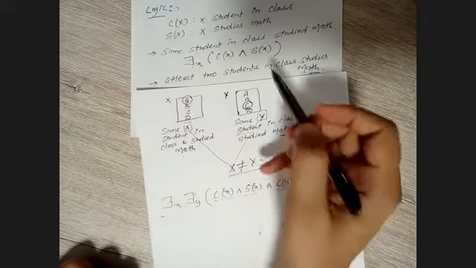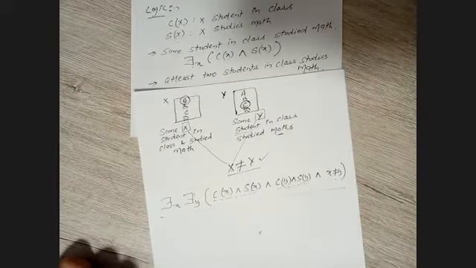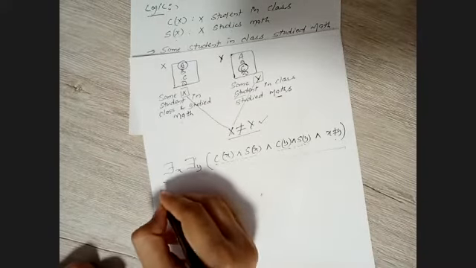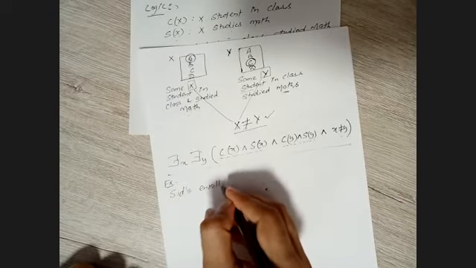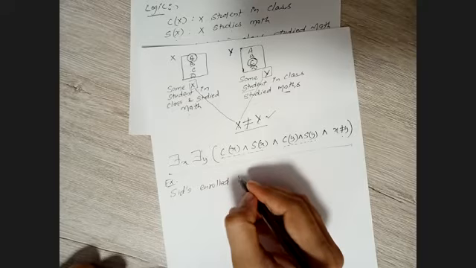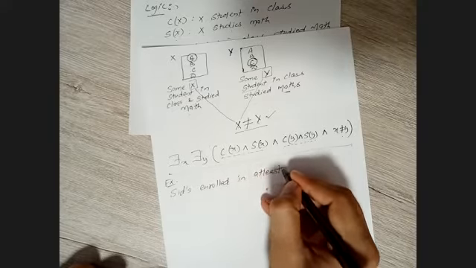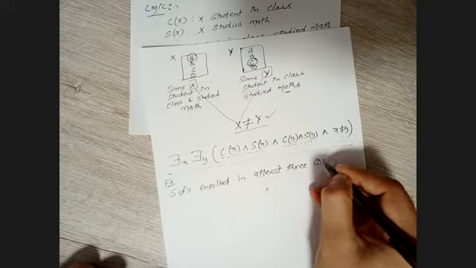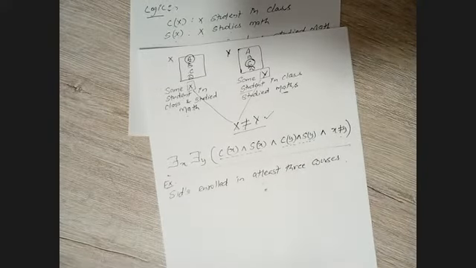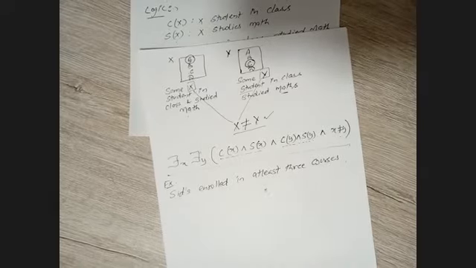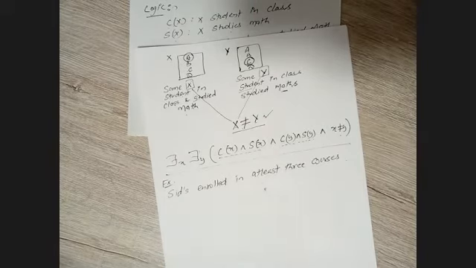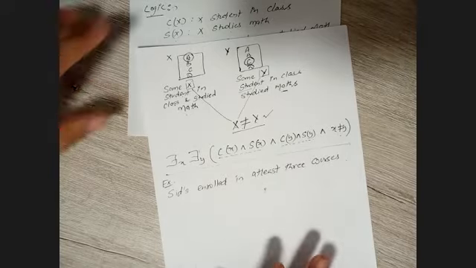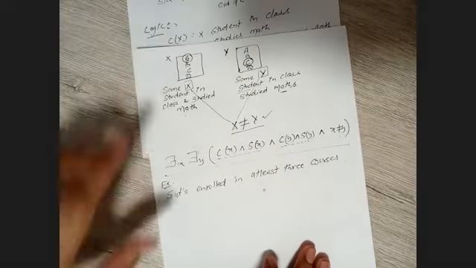Understand, this was the condition for at least 2. Now if I say for at least 3, something like this, let's take another example in which we have to retrieve the SIDs enrolled in at least 3 courses. So what will we do now? Definitely we have the enroll table, right? So we have to use this enroll table 3 times. That is obvious, right? Because we need to compare three tables and formulate the condition. So expanding this condition here, let's find out.